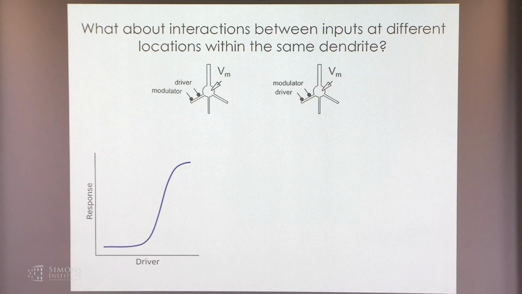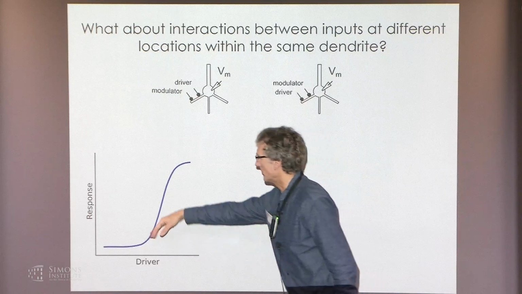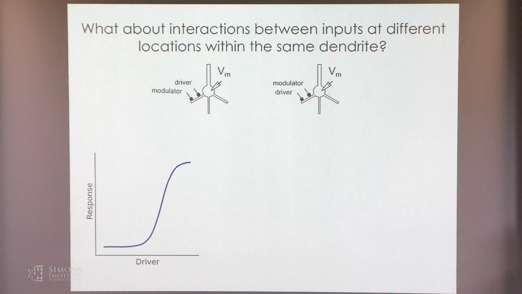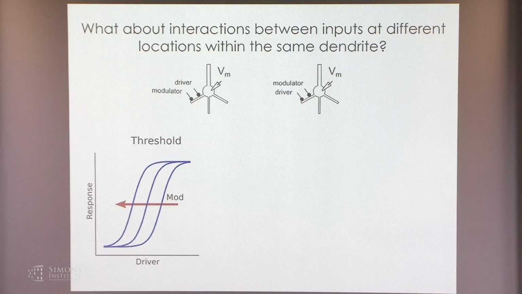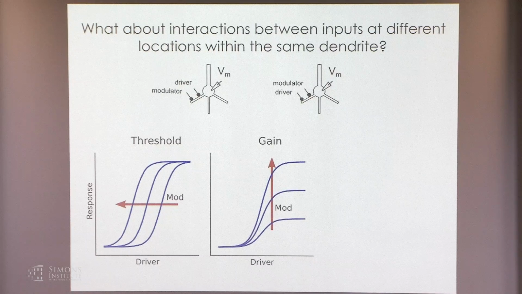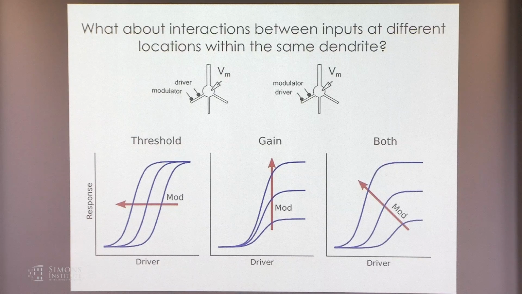And it could be that you have an input-output curve of the driver, and then as the modulator is increased, it could do something like this. It could lower the threshold without changing the amplitude. It could change the gain, essentially, without changing the threshold. And it could do some kind of combination of those. I mean, we don't know. So this is the question to ask. What about multiple inputs that are spatially